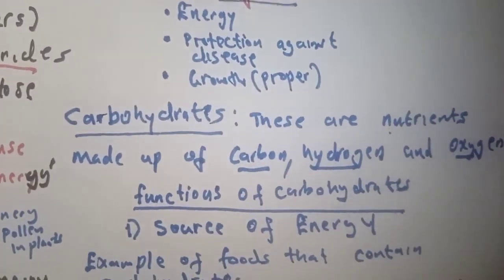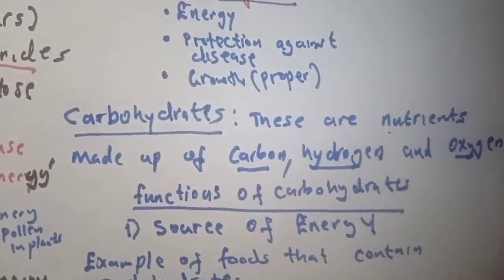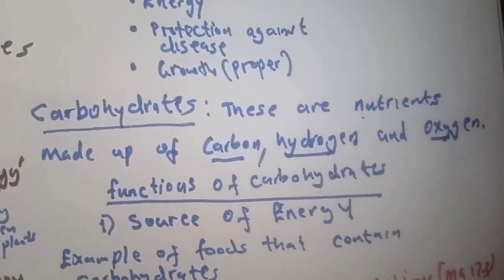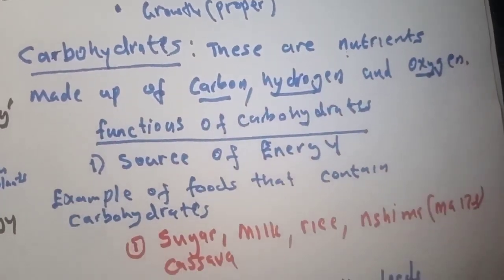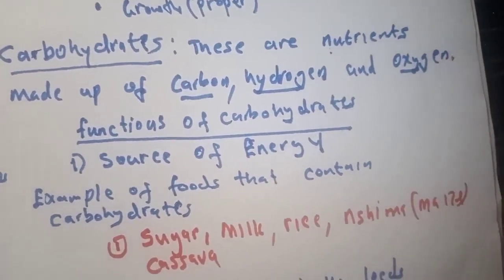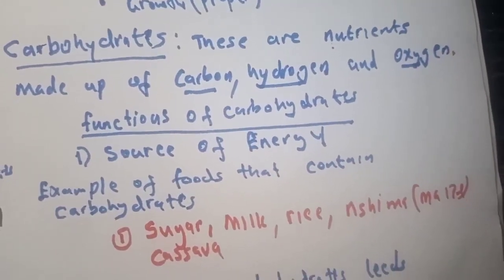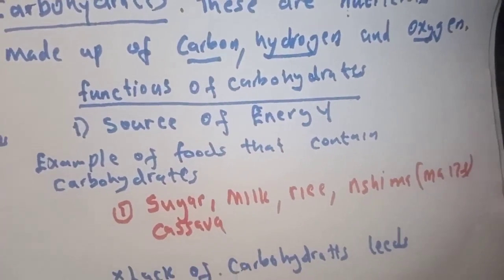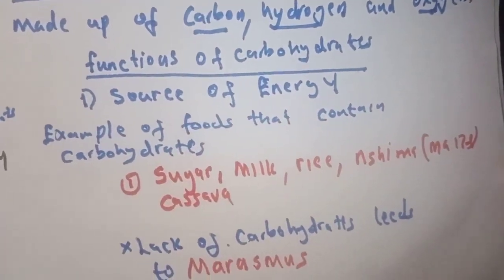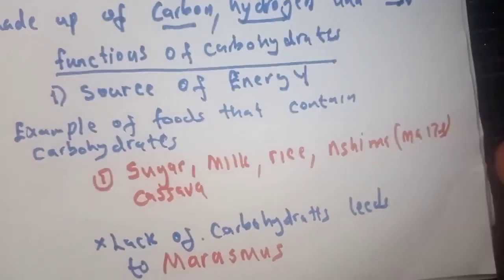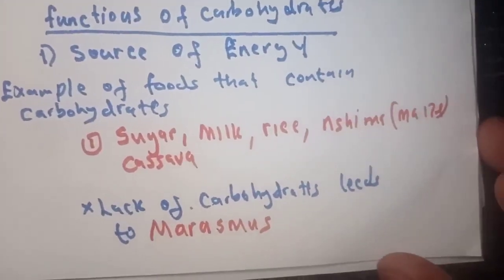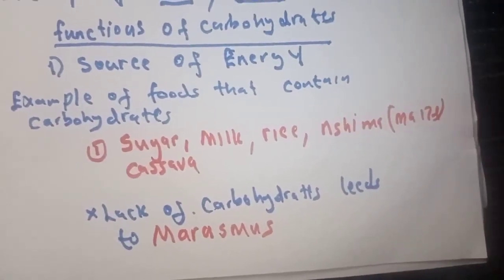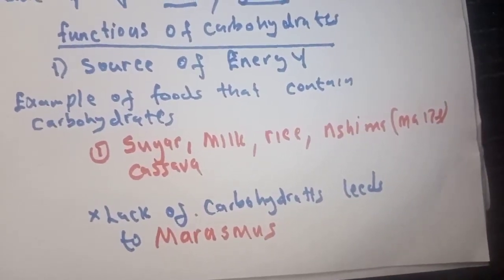Then we talked about number one nutrient. We talked about carbohydrates, okay? We said these are nutrients made up of carbon, hydrogen, and oxygen. So carbohydrates are made up of three elements, okay? We looked at the function of carbohydrates, the main source of energy, okay? And the examples of foods we gave: sugar, milk, rice, okay, maize, cassava, okay? And we said there's a condition called marasmus, which occurs when a person doesn't have carbohydrates, so they are lacking